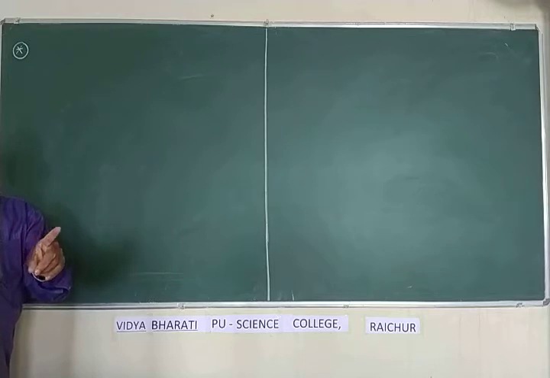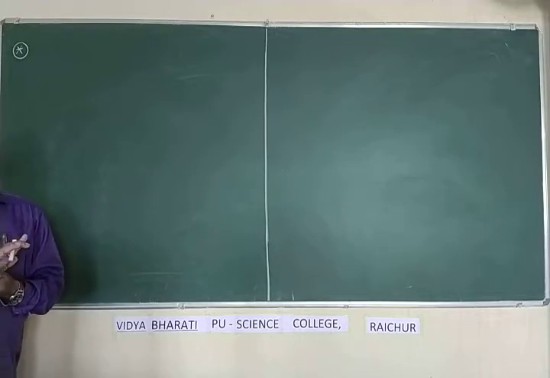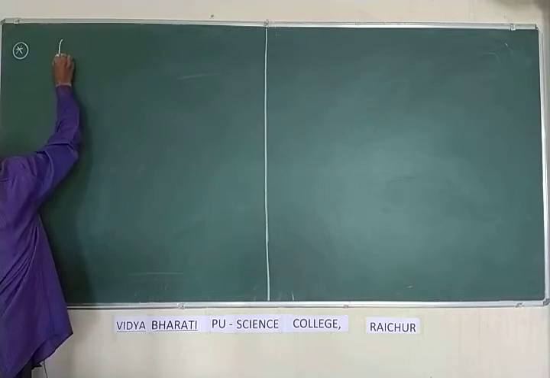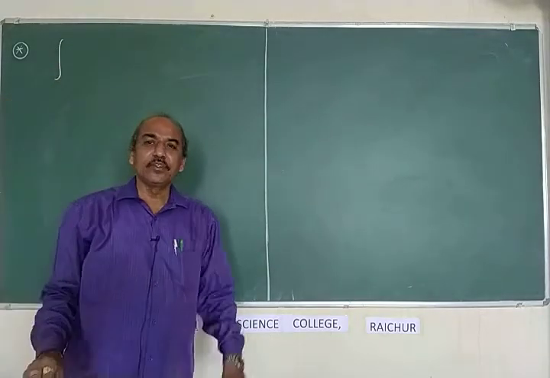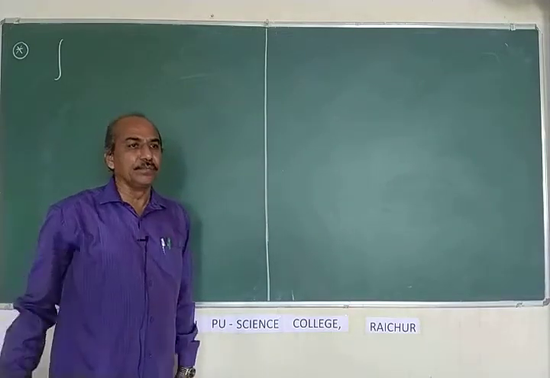A problem will be there, and he will ask you to derive that expression, any one of them out of these nine. So this is very, very important. Out of 100, 5 marks you can score very easily if you solve all the nine correctly. You do understand? One will be there in the examination.